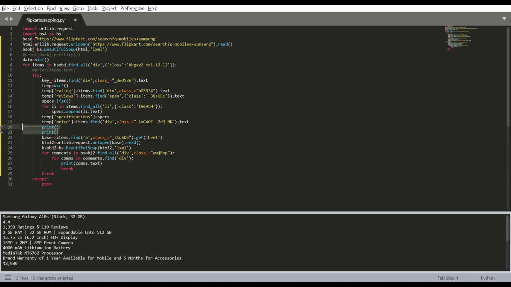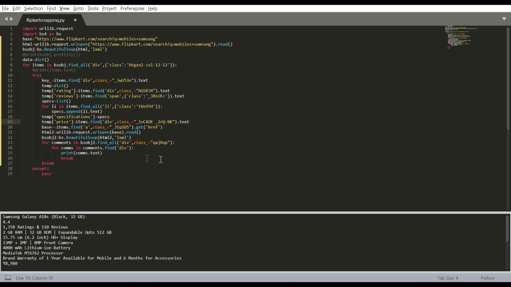Then we don't need these printing statements anymore. We don't need the address to the next web page. What we need are the comments. So again, let's declare a comments variable.